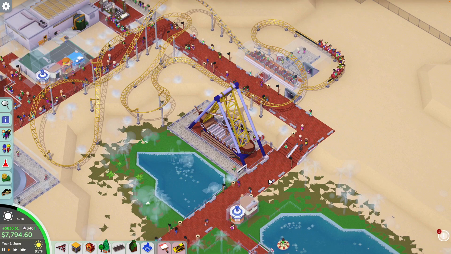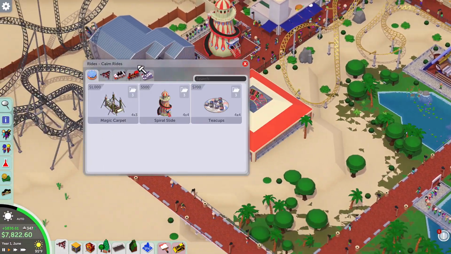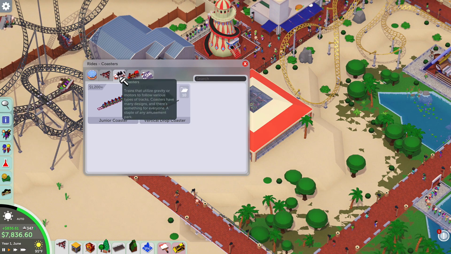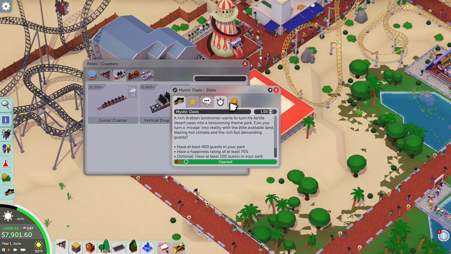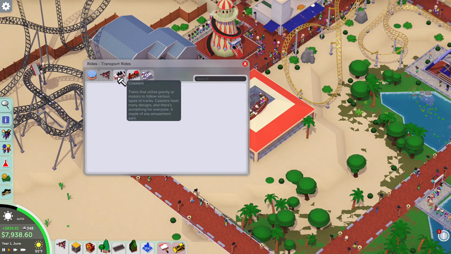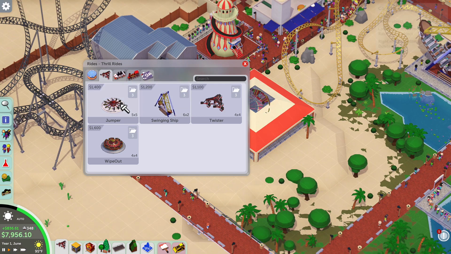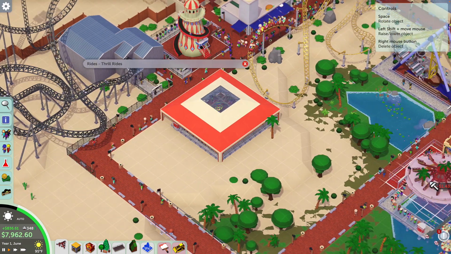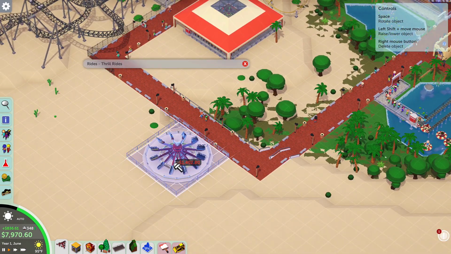We are getting a lot of people on that, so that is filling up those rides there. We are increasing our people quickly. We just need to get to 400. Is that what we need? Our goal? Yeah, 400. And we still need to get our park happiness up. So we're going to have to spend some money getting some of these rides retrofitted or set up for guest enjoyment. So over here, we're going to pop in